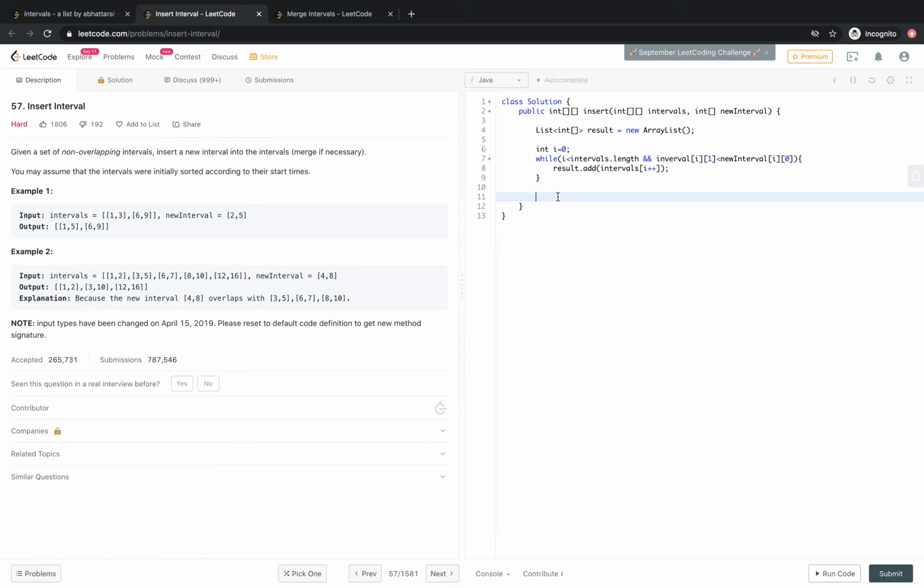So what we'll do is, okay, int temp is a new int array of size 2, again similar to before, and while I is less than intervals dot length,